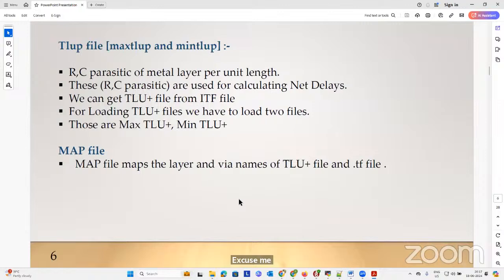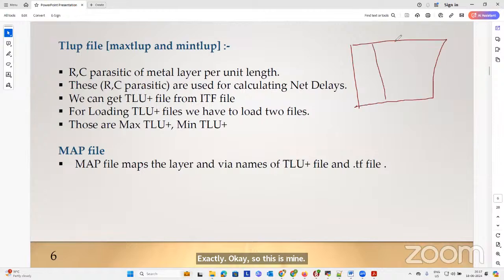Based on that, for metal 1, metal 2, metal 3, metal 4, up to the top level metal 9, we calculate RC values and put them in a table. For example, this is my table: this is metal, this is R, this is C. For metal 1, my R value is